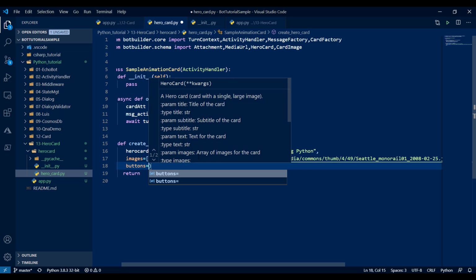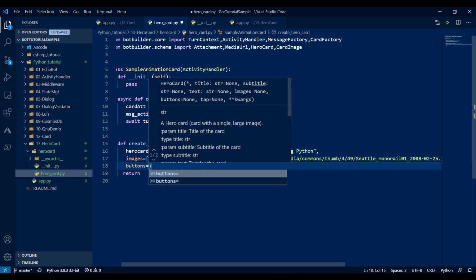One more thing, hero card supports a maximum of 6 buttons by default, so we cannot implement more than that. For a button too, we cannot directly implement actions. As a desktop developer, you would implement a button click event, but here we cannot do like this. This action also has to use a card action. It should be derived from the card action, and then we assign it to the buttons.